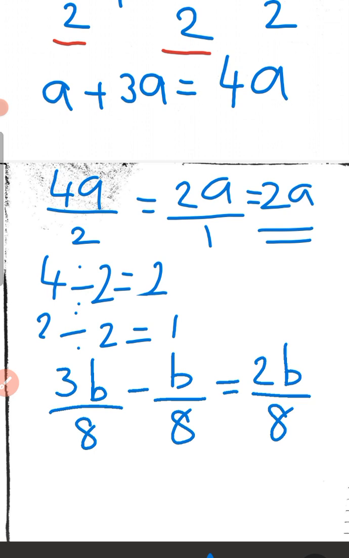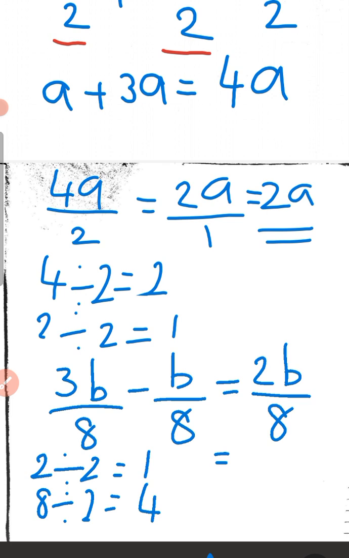Here 2 and 8 have a common factor. 2 is the common factor. 2 il 8 ilum 2 ആണ് common factor. Because both are multiples of 2. അങ്ങനെയാണ് നമ്മൾ common factor ഉണ്ടോ എന്ന് ചെക്ക് ചെയ്യുക. So we can divide both numbers by 2. 2 divided by 2, 1. And 8 divided by 2, 4. So we can write it as 1b, which means b by 4. This is a simplified form. b by 4 is the simplified form.